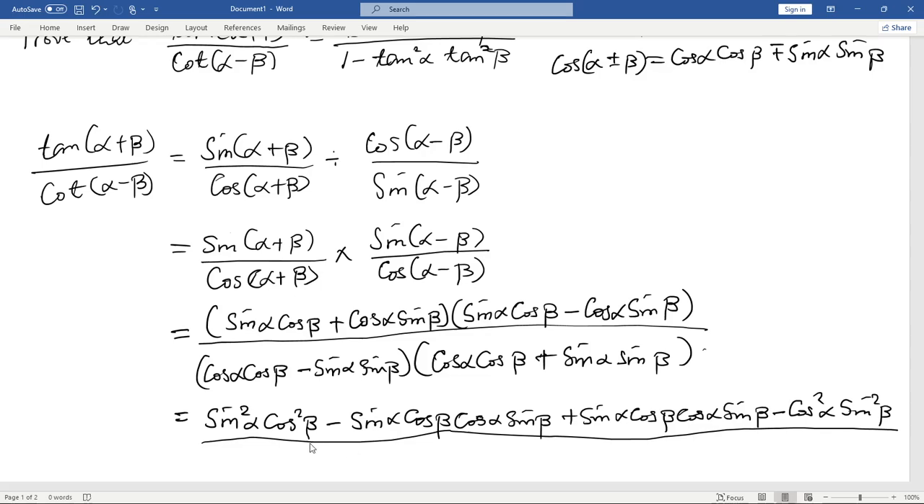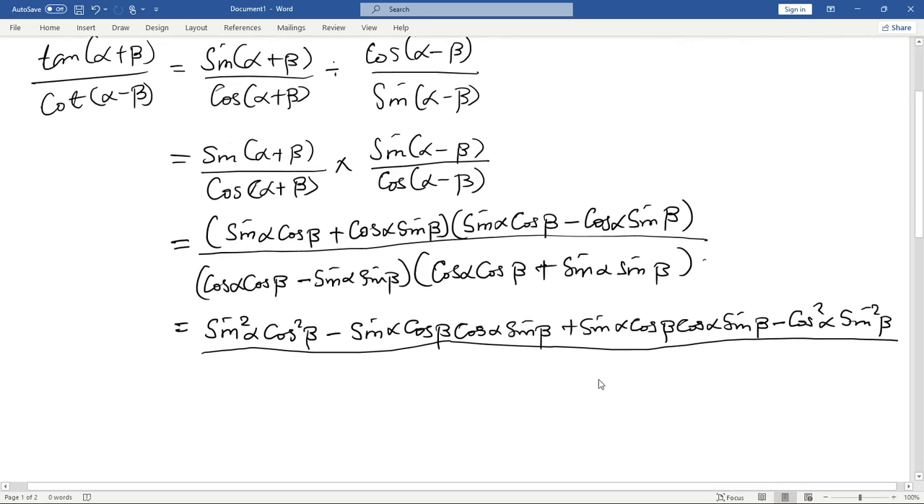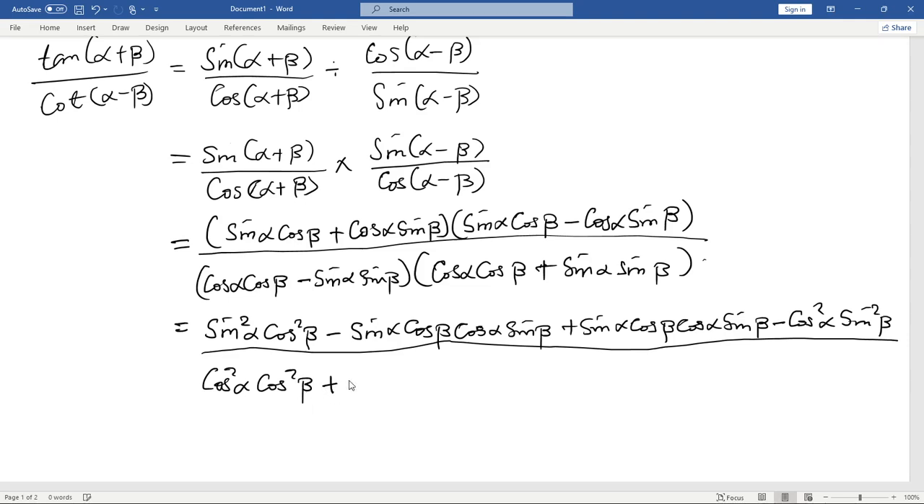Okay, something like that. Then we divide everything that we have with the expansion of what we have below here. So cos alpha cos beta multiplied by cos alpha cos beta here, we simply get cos squared alpha cos squared beta, like this. Plus, if you multiply this with what we have this side, we simply get cos alpha cos beta